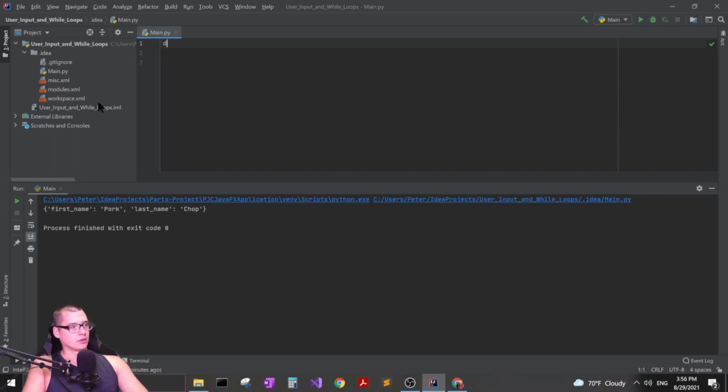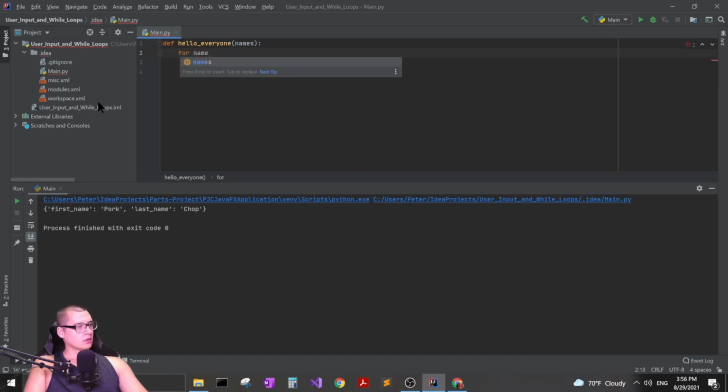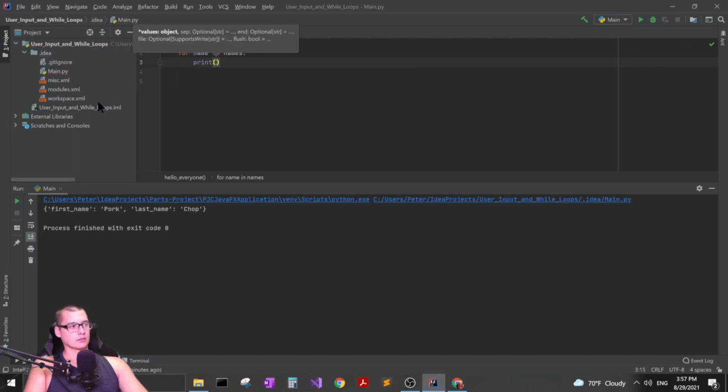All right, so this is kind of a cool one. So we can have this, which has a definition for our function that's going to say hello everyone. And we will have one parameter called names. And then below that, we are going to do a for loop. And it's going to say for name in names. We're just going to have it print